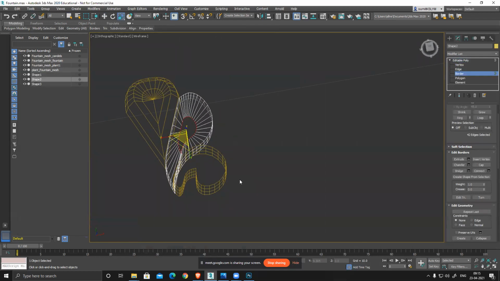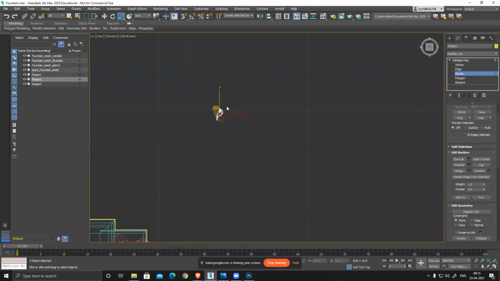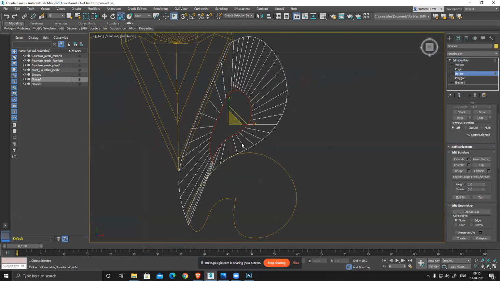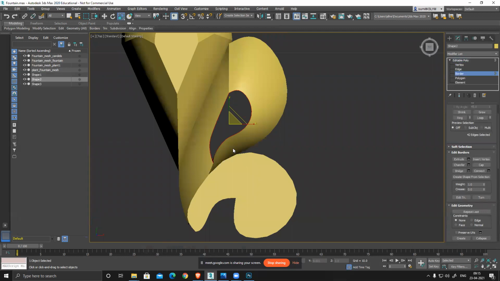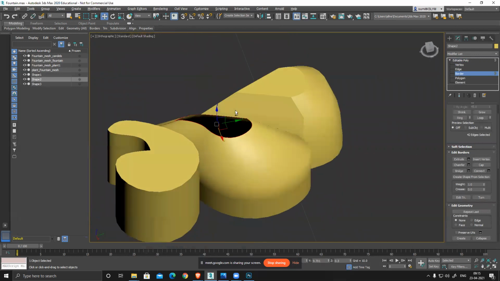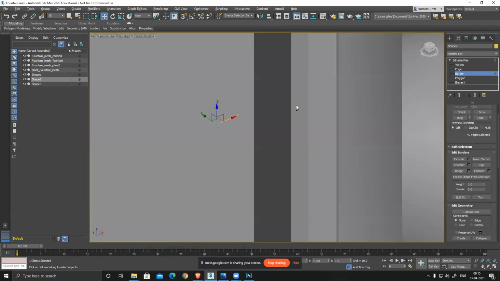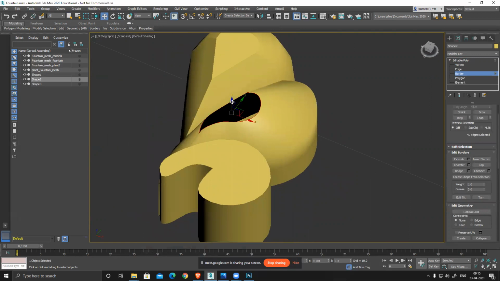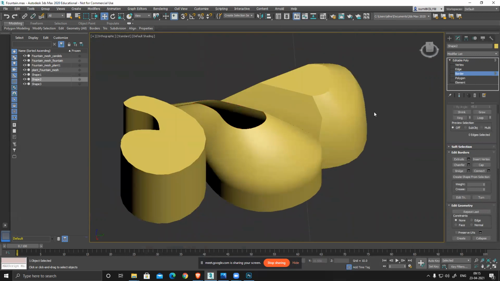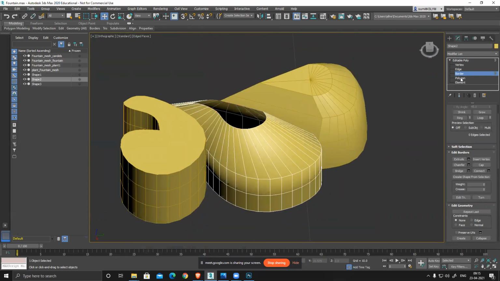So here is an issue. If I do it like this for this shape, everything looks fine except those corners and angles. That is something I have to fix manually. F4 edge.